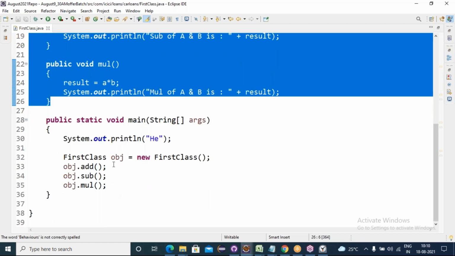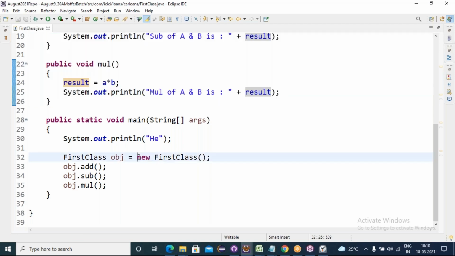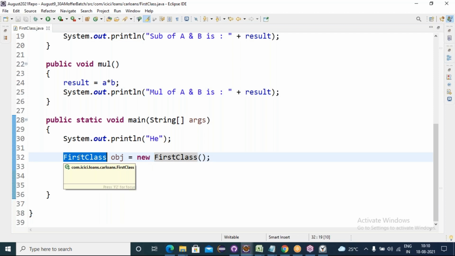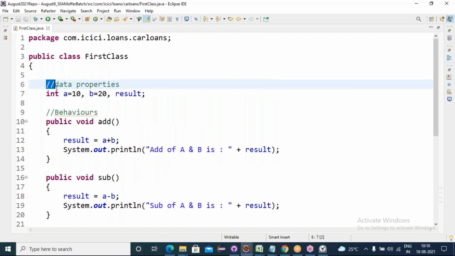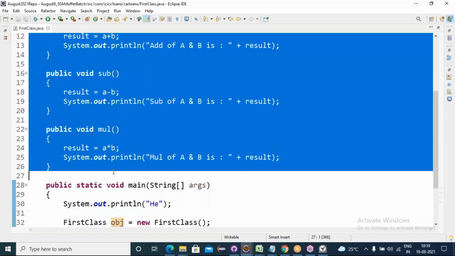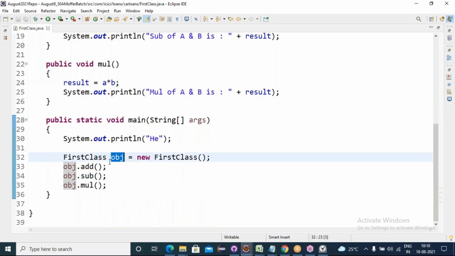So what is the process of creating an object for the class? new ClassName(). This is a class object, stored into one variable, and that variable is of the same class type. With this class reference variable, we can access everything I have planned inside a class: data, properties, behaviors.